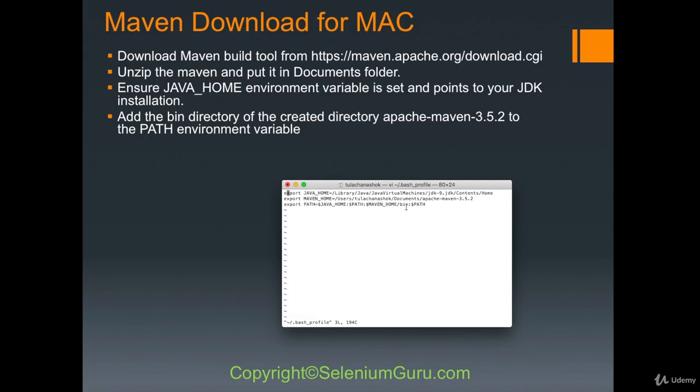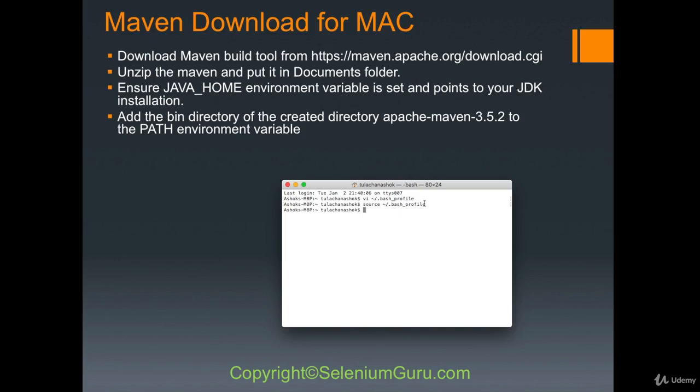For Maven, you're going to have to provide the bin. So you have this MAVEN_HOME and /bin, because that's where your Maven executable file is. Then you provide this path in here. Once you have that, you're going to save it using escape and then :wq. Once you save it, you're going to do source .bash_profile. What it's going to do is update your Mac system